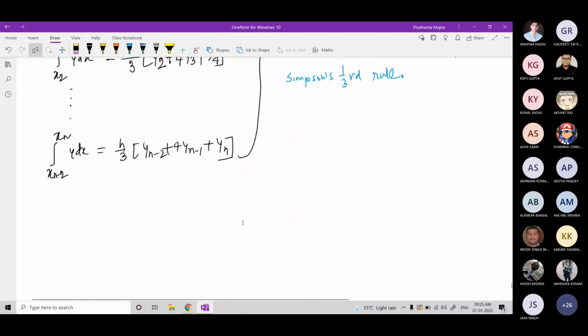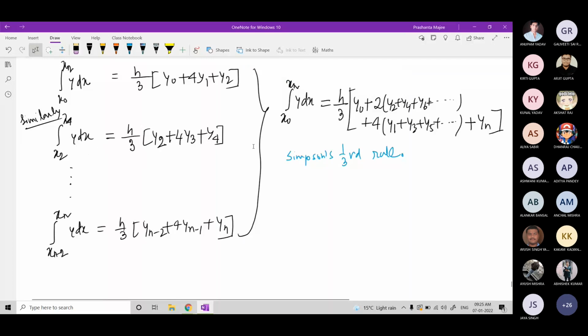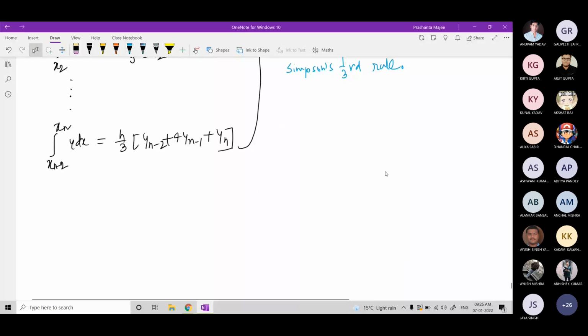For numerical purposes, the trapezoidal rule and Simpson's one-third rule are enough to approximate any definite integral with a desired accuracy. If you consider a large number of sub-intervals or data points, then these two methods will be enough to get an approximate value of any kind of definite integral. These two methods are used most of the time. But I'll be mentioning a few more. So next is Simpson's 3/8 rule.